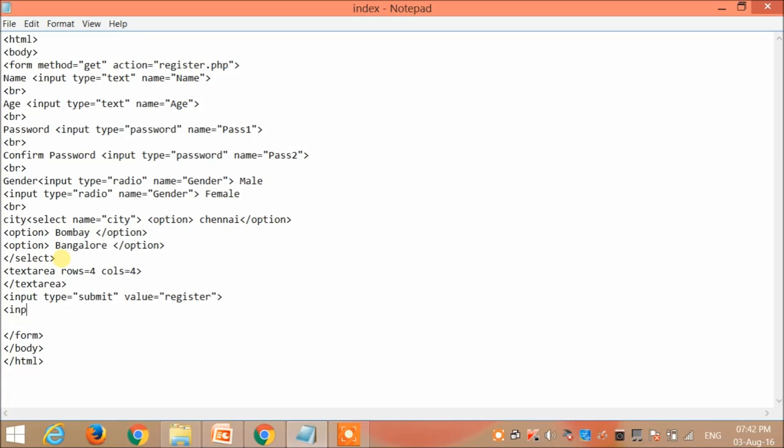The next one is input type equal to reset and value equal to clear. So over here I'm creating two buttons, register and clear. If the user clicks register, the data will be submitted, or else if he clicks clear, then it will be reset. So let's save this